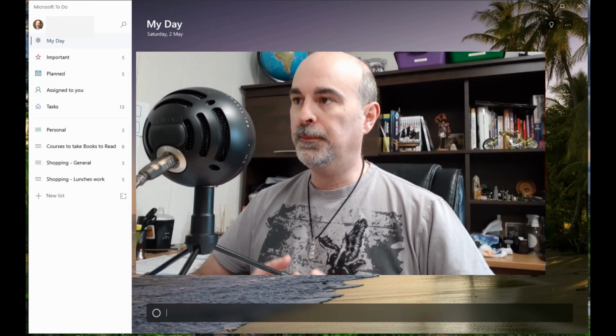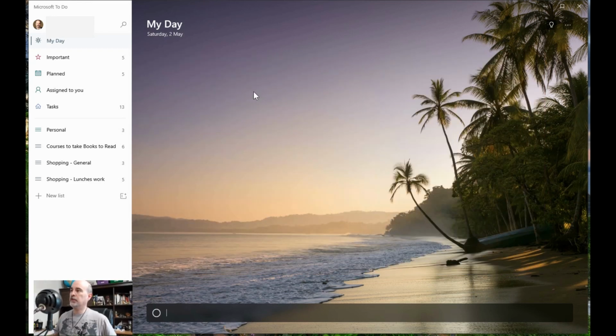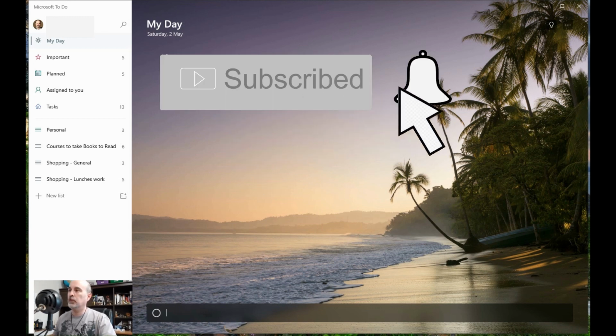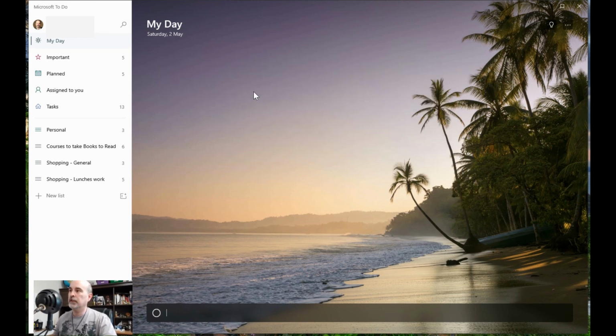So I'm going to show you this here. On my screen, I've got the To Do program open, and I'm not going to show you any of my personal stuff. But the day right now is empty. There's nothing added in here. It has a few categories by default up here. The bottom half, under the line, is personal categories that you can create, and it has a number beside each one to let me know how many tasks I have in each one.